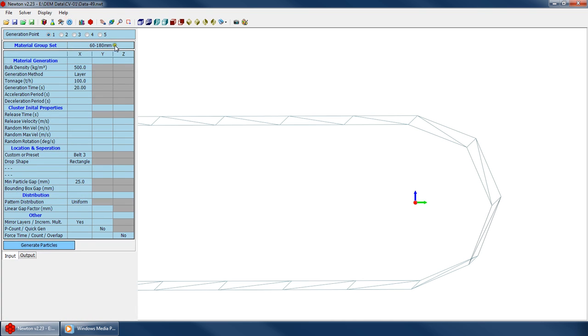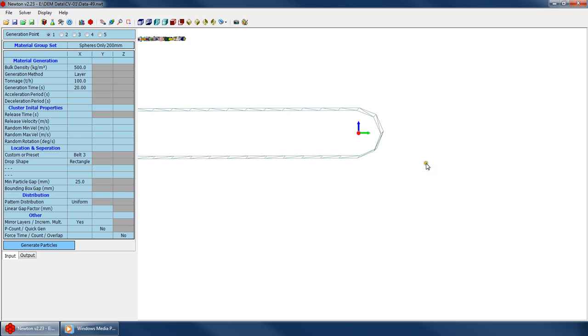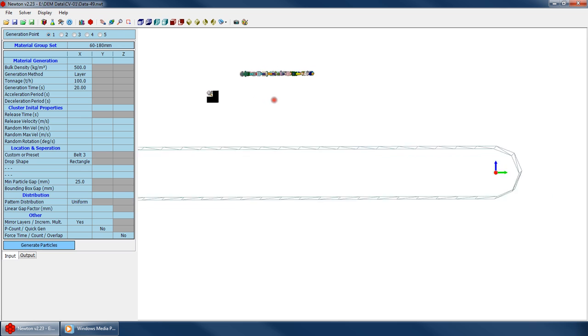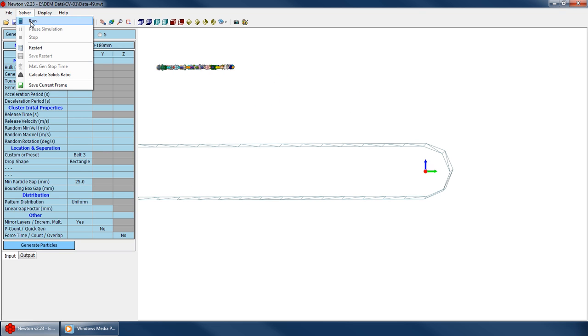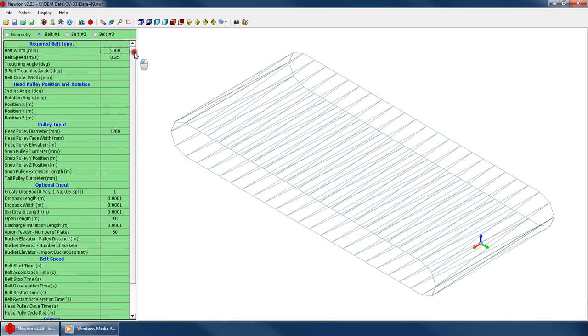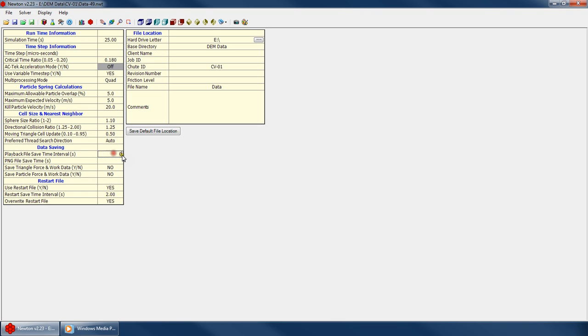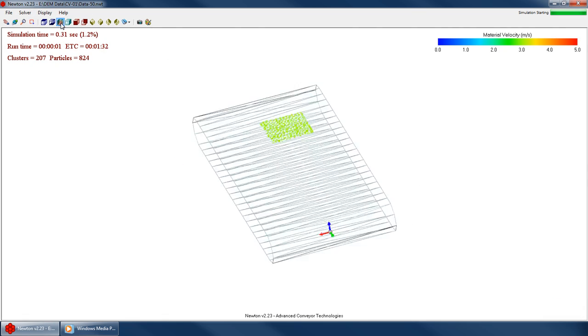So let me go ahead and show you what I mean there. I'm sure you probably already understand what I'm talking about, but we'll do it anyway. If I just go to Solver, and let's speed this apron feeder up a little bit also. Make it 0.5. And let's increase our frame rate. Solver, run. Now if I go to a side view,